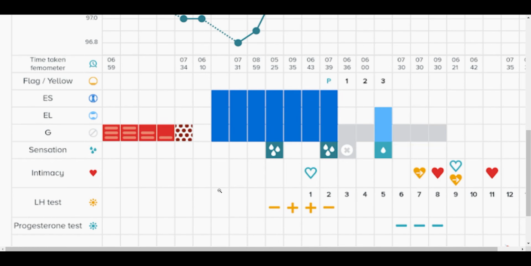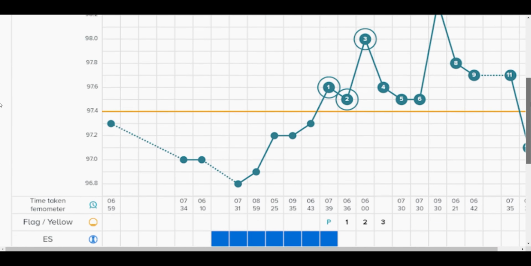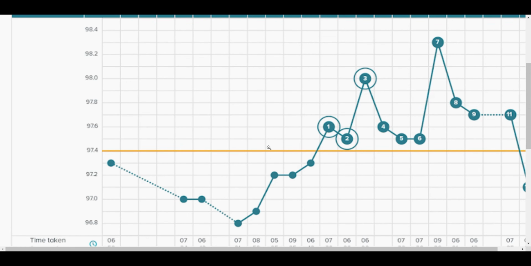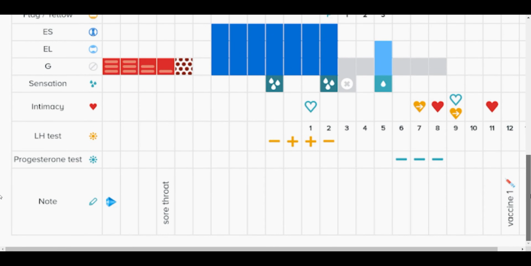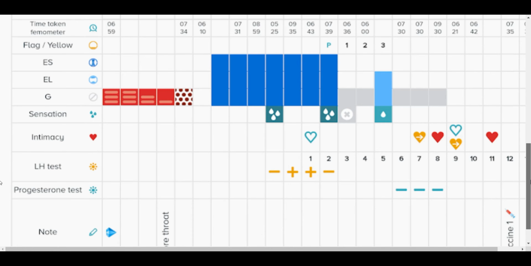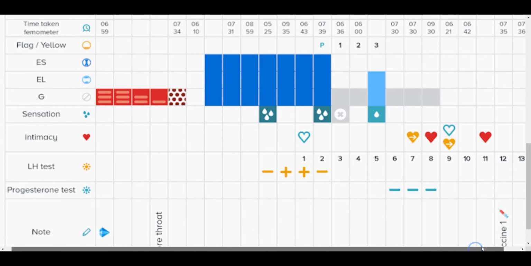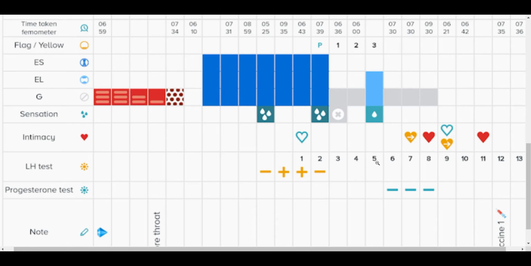And then we also look at LH testing right here, these little yellow pluses and minuses, and we'll get to those in a second. But in my course, I do also teach temperatures, as we can see, because I feel that temperatures are really important to understand what's happening in your cycle overall, in addition to cervical mucus and bleeding and LH testing. So these different little cervical mucus bars are going to be the navy color for ES mucus,